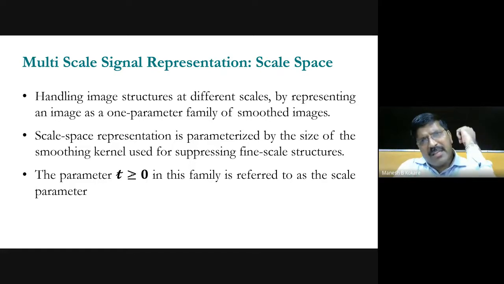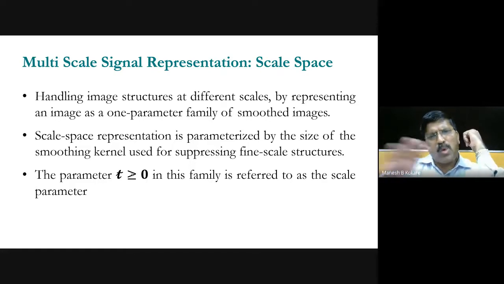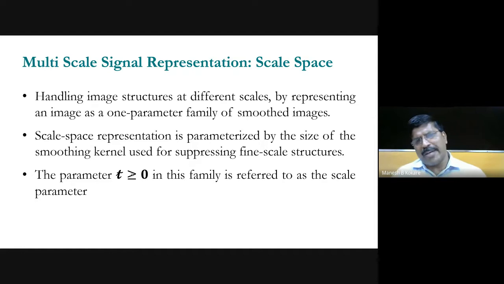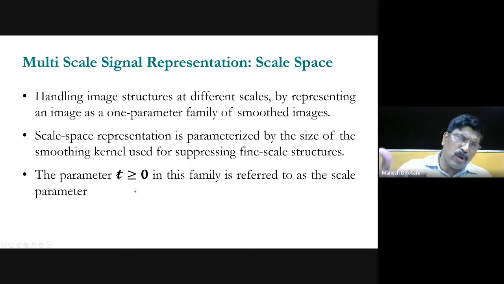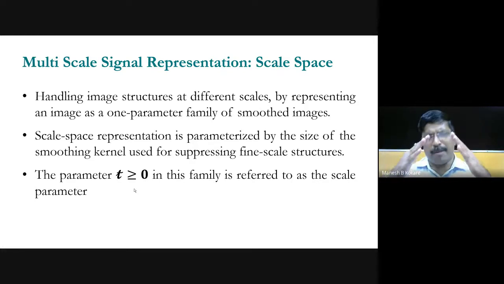So by changing the scale, you are going very close to the low frequency area of the image and so on. So with multiple scales, you are representing that image at multiple scales, and then from multiple scales, you can derive different information. So this t is the scale parameter. Okay, so this can be done. One is the wavelet transform, then another one is the Laplacian pyramid. We can see how it can be done. Gaussian pyramid is also there.